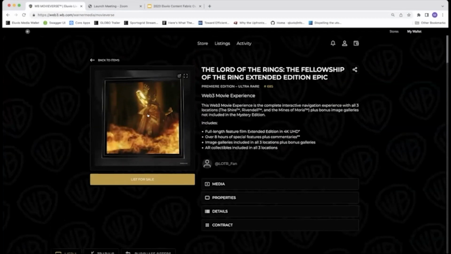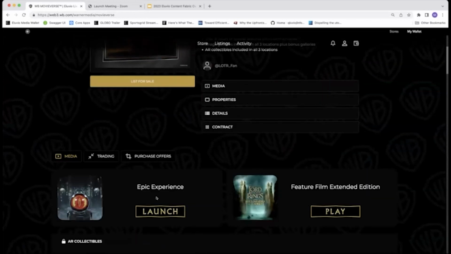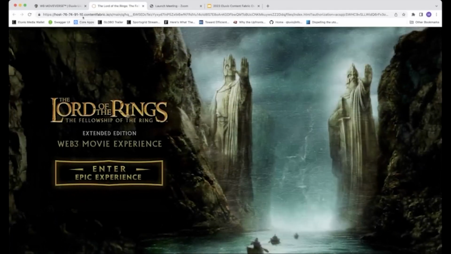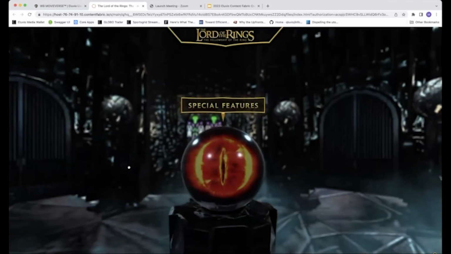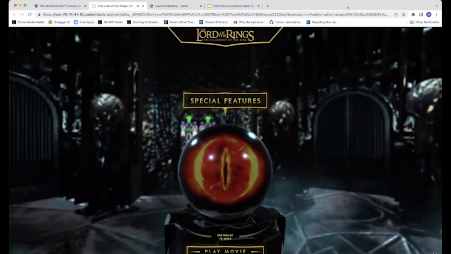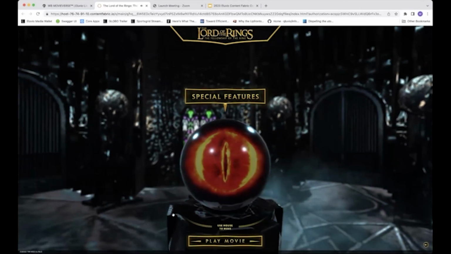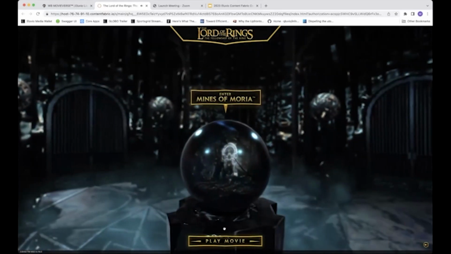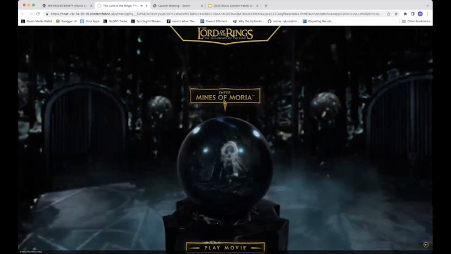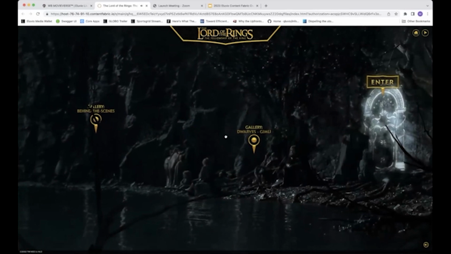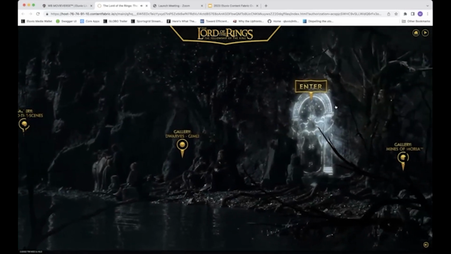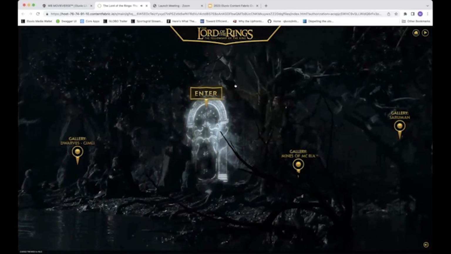So here is my Lord of the Rings bundle in my wallet. I launched that interactive experience, which is going to load from the fabric. You can see the URL up here, enter the experience, and you can get your own and play with it and test it out yourself, right? Key ideas are to include the ability to play the feature film, be able to traverse into these different places within the film experience,